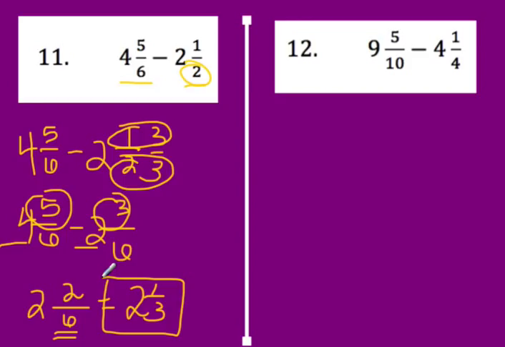So taking a look at number 12, we need to figure out what the smallest number that 10 and 4 multiply to. So think about it. What's a number that can be divided by both 10 and 4? And the smallest number is actually 20. So then we're going to do 9, and then I have